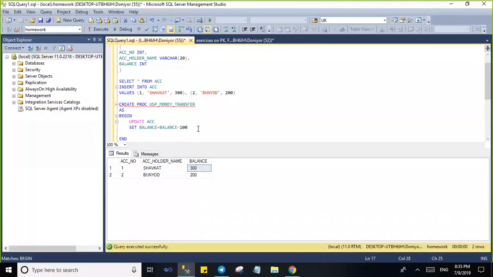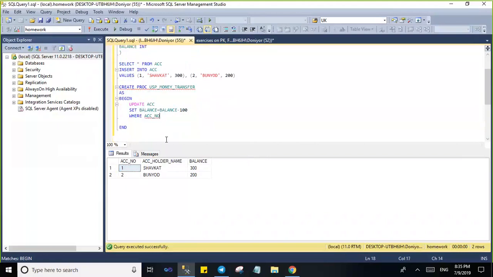But which balance should it update? It should update where the account number is equal to 1, right? Because it shouldn't update mine. It should update your account because you are the one who's sending the money, right? And then